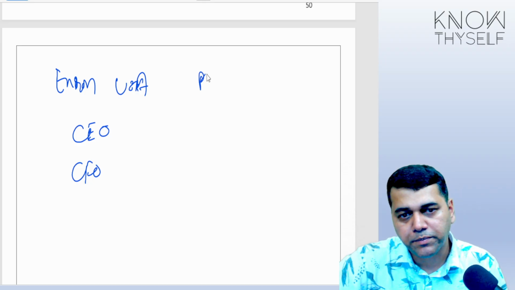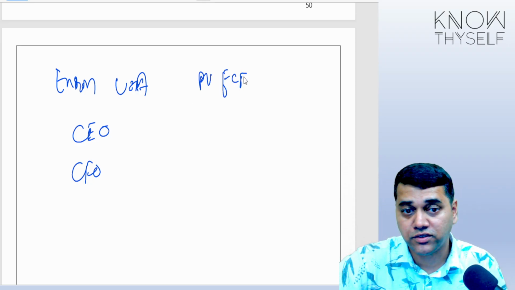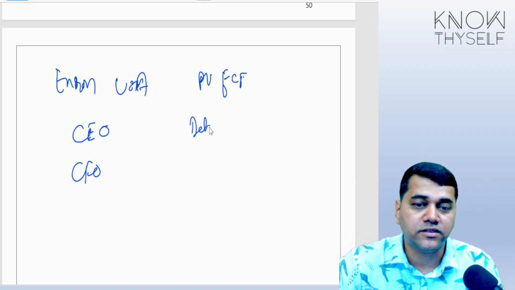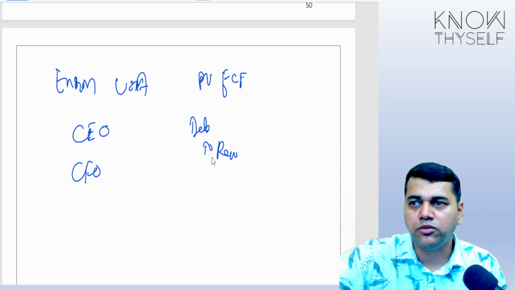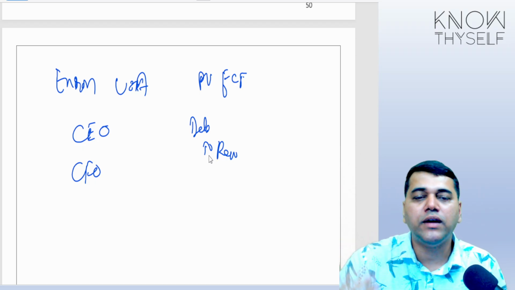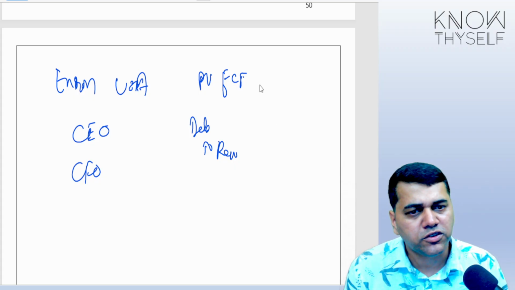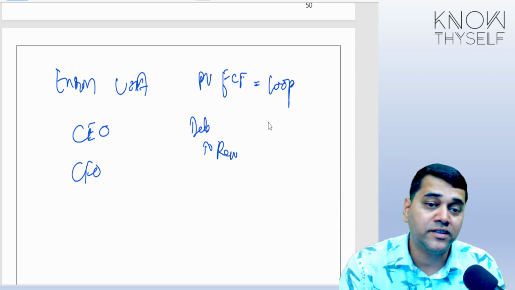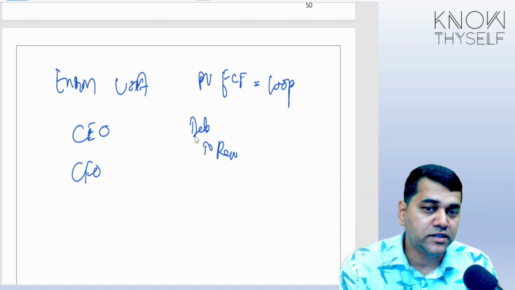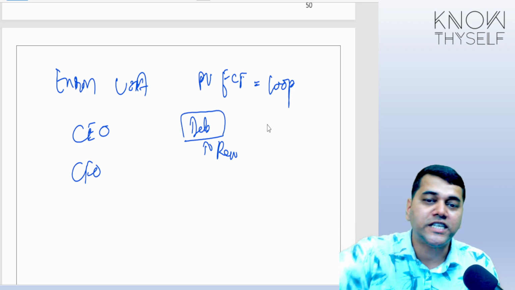So they found out the present value of the future cash flows and they passed the journal entry: debtors account debit to revenue. So the moment they entered into any contract, they used to book that revenue well in advance. You may ask me, sir, how is it possible? This is the loophole they found in accounting standards there in the USA. But this debtor money is receivable for the next 10 years.